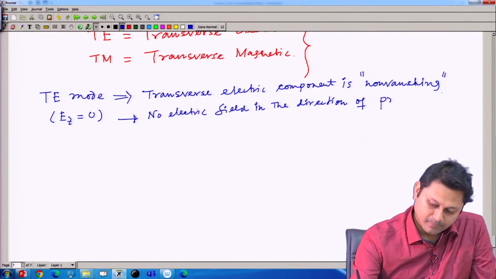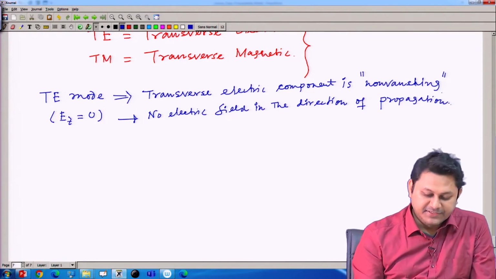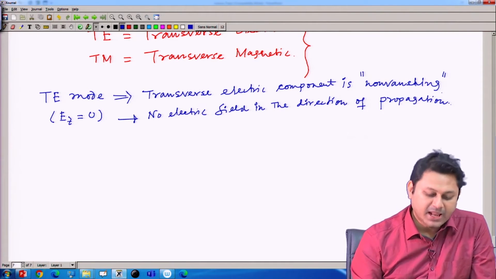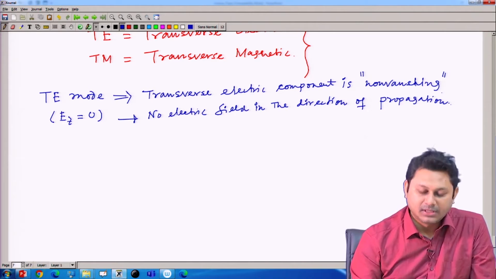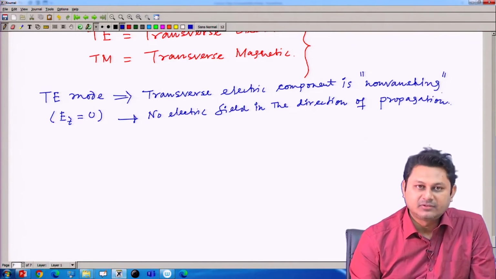So, if z is the direction of propagation, we should not have an Ez component. If I have a mode with this structure where Ez is not there, then we can say that this mode